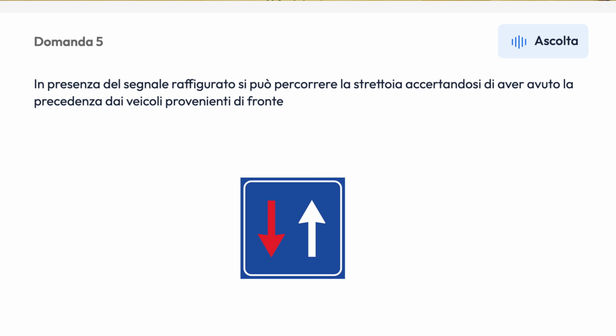In presenza del segnale raffigurato si può percorrere la strettoia accettandosi di aver avuto la precedenza dai veicoli provenienti di fronte. The question says, in the presence of this sign, you can pass, knowing fully well that the vehicles coming from the opposite side will give you precedenza. The answer to this question here is vero, because this is diritto di precedenza negli sensi unici alternati, normally placed on a tight road that allows only passage of one vehicle, which means one needs to wait for the other